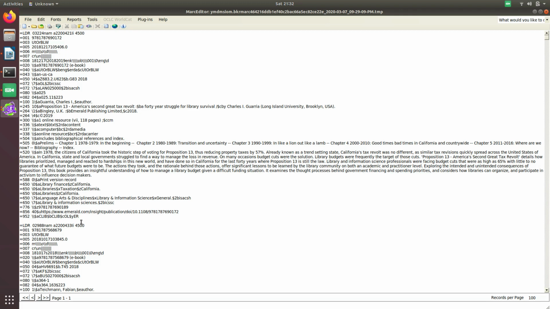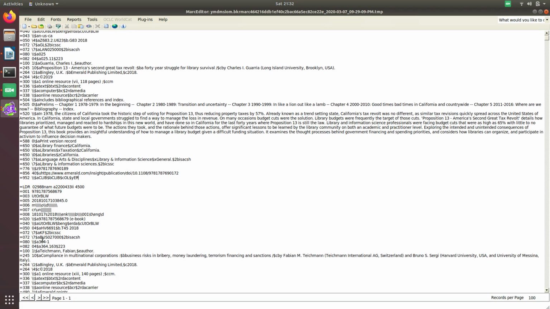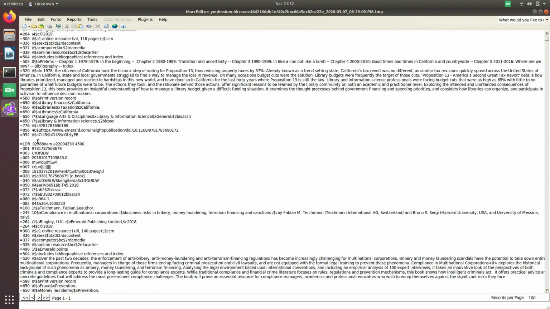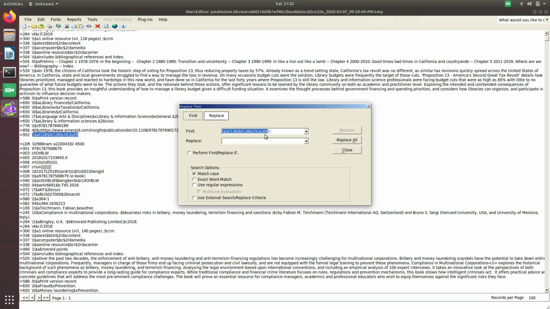Suppose I commit any mistake and I have to add something or replace something. It is very simple. Since it is common data for all the items, we can select from here to the end, right click and replace. You can see this particular information is available.